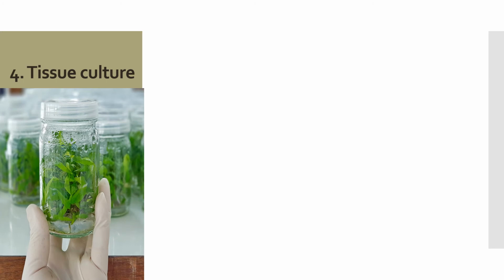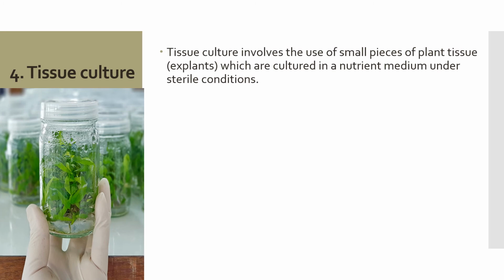Okay, now we will move to the other type of artificial vegetative propagation, that is tissue culture. This is the most developed and modern method we are using in obtaining new plants. In tissue culture, a small piece of plant tissue is used to obtain many plants. That small plant tissue is cultured or grown in a nutrient medium under very sterile conditions. The plants obtained are called clones. Here in this diagram it shows a few clones grown under sterile conditions in a bottle.